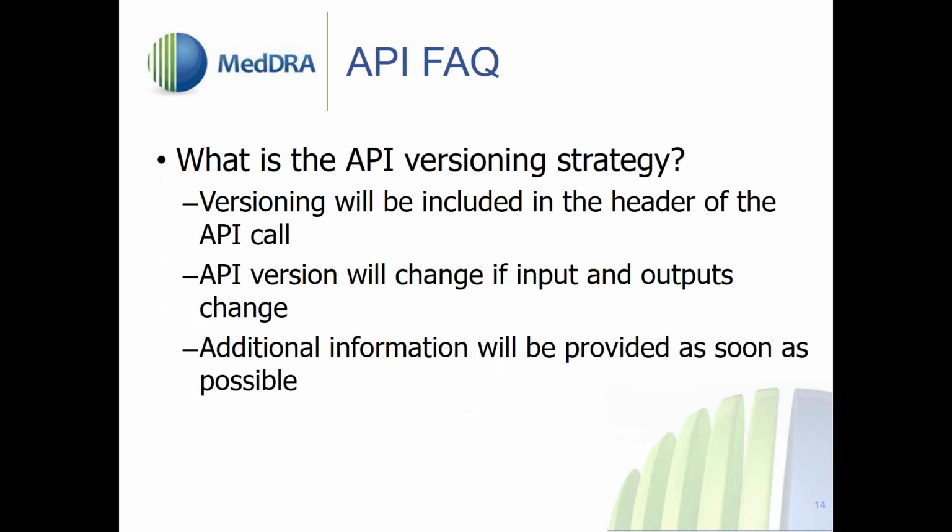So what is the versioning strategy for the APIs? Well, the way versioning is going to be handled is that we will be including a version in the header in the API call. What that means is if we change an API version, that will mean that the inputs and the outputs of that API version have changed. So users can still use the old version, and then they can graduate to the new version as they see fit. Now, this versioning strategy is not in place now. That's something we're working on, so you won't find it in the detailed documentation. But as soon as we make it available, we will update the documentation and inform everyone.